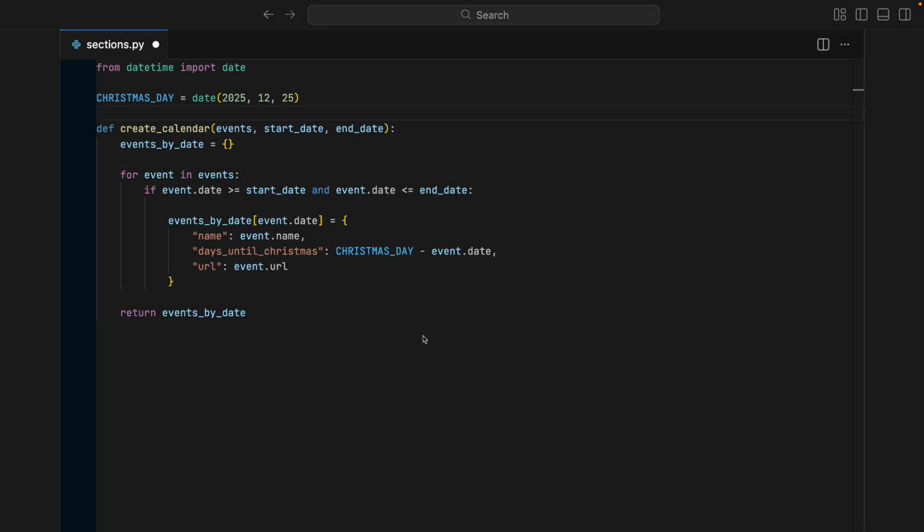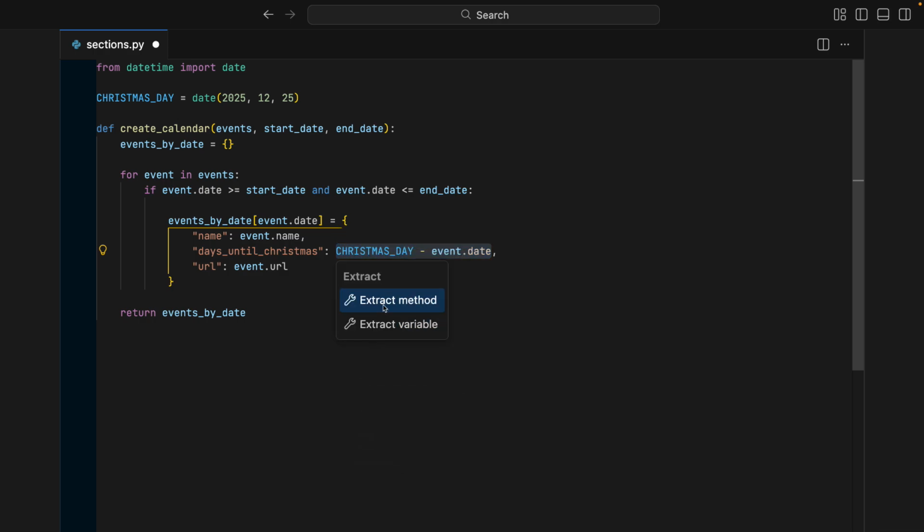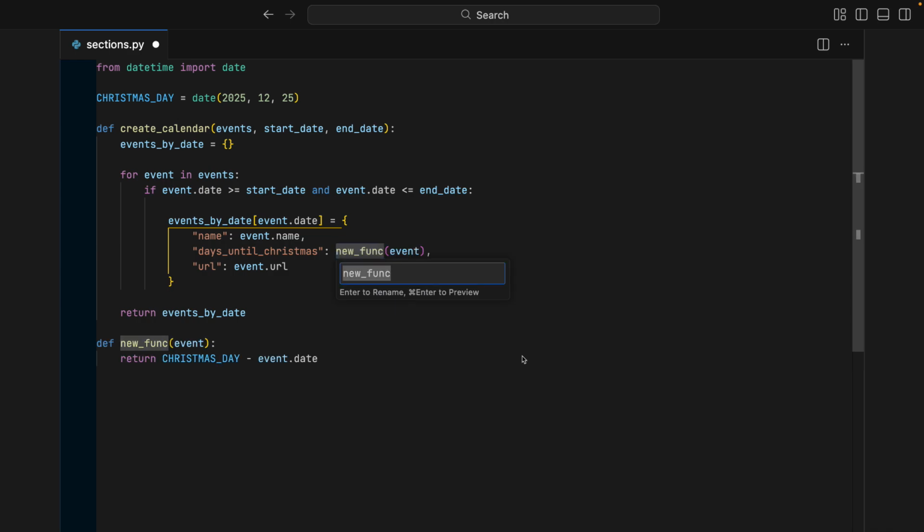So we've got our function here that's creating the calendar, and what we're going to do is select this calculation here. This is a really simple calculation, but in other functions, other code bases, it can be really quite complicated chunks of logic you have embedded into something. If we right click on this and go to refactor again, so extract method, sometimes it'll be called extract function, and we're going to call this calculate days until